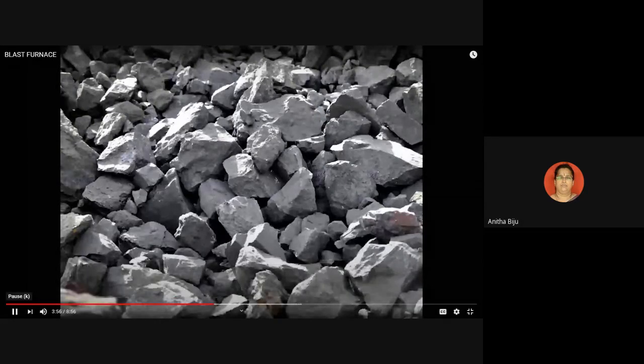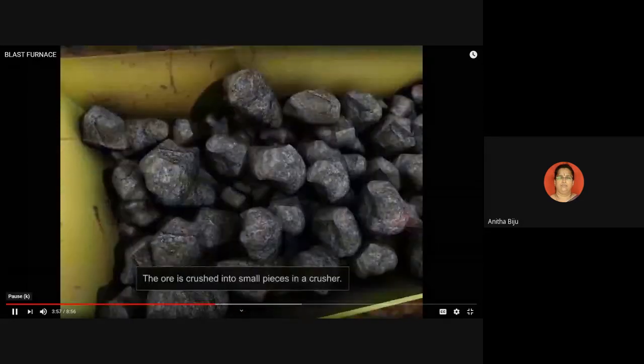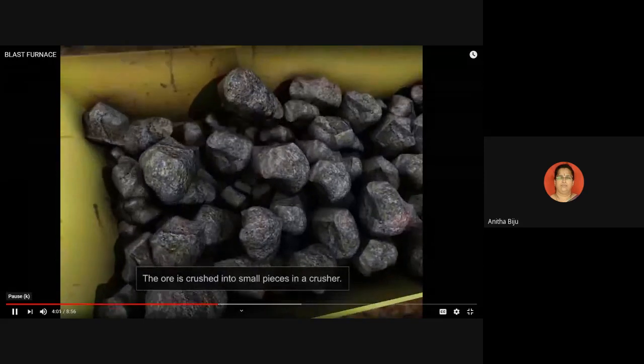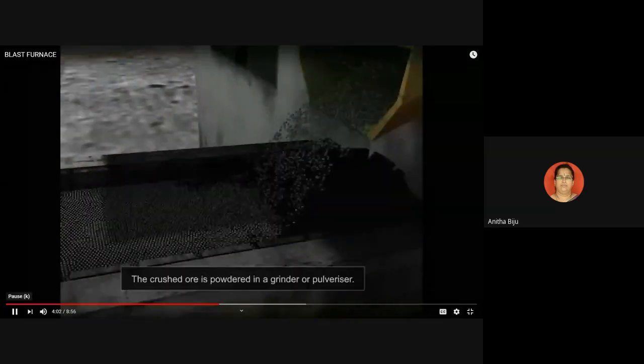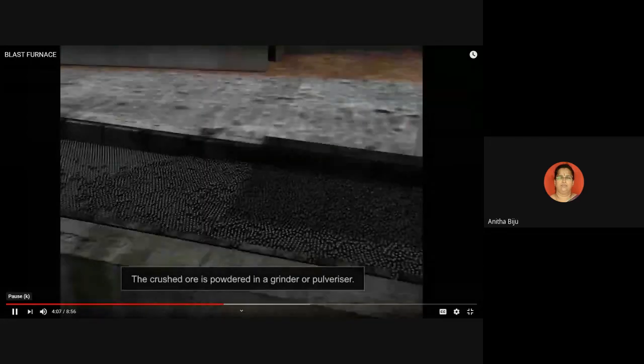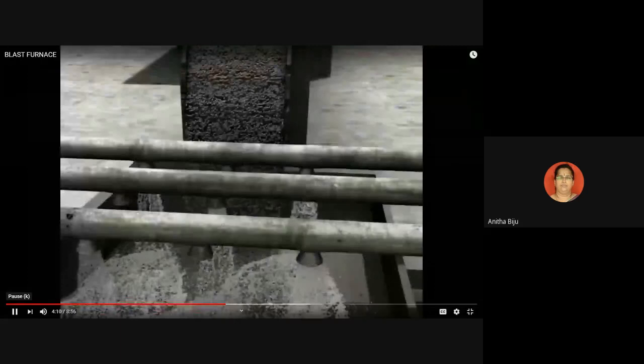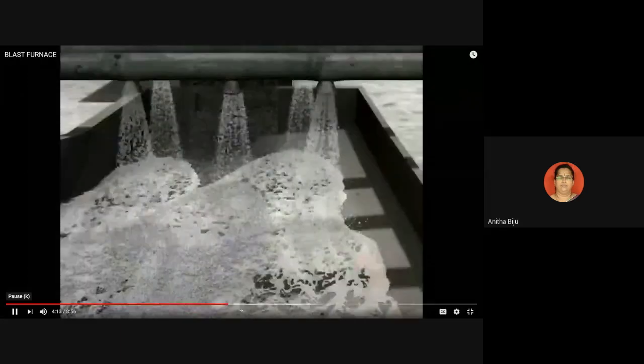To begin with, the ore is crushed into small pieces in a crusher. The crushed ore is then powdered in a grinder or pulverizer. The powdered ore is then washed in a current of water to remove impurities. The heavier ore particles fall down while the lighter impurities are washed away with the water. The concentrated ore is then...